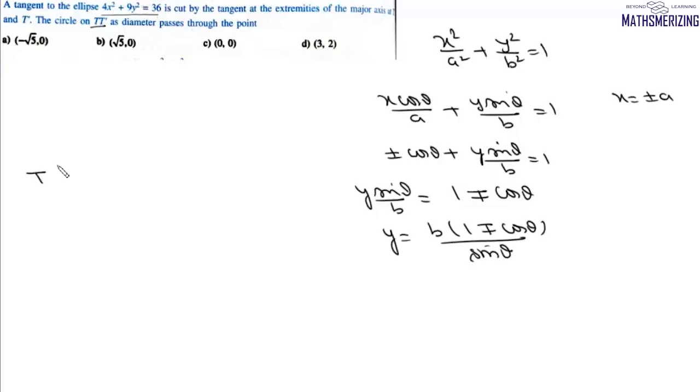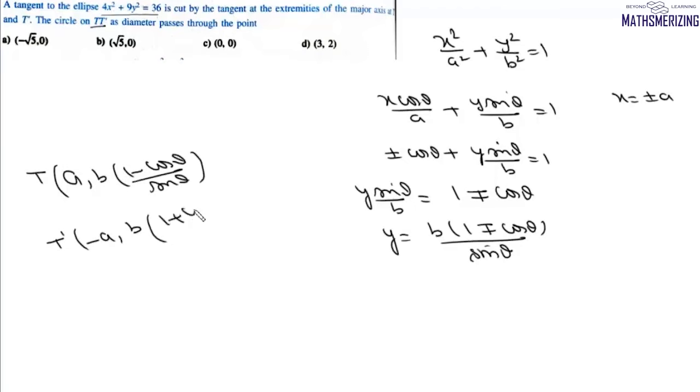So one of the coordinates will be a, b(1 − cos θ)/sin θ, and the other point will be −a, b(1 + cos θ)/sin θ. Now we need to find the equation of a circle with T' as diameter. So we know that the equation of such a circle is (x − x1)(x − x2) + (y − y1)(y − y2). So this equation will be (x + a)(x − a) +